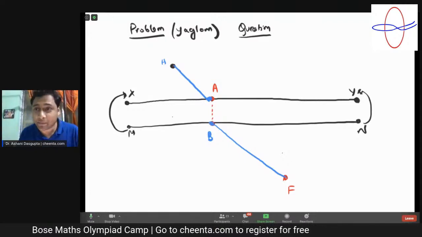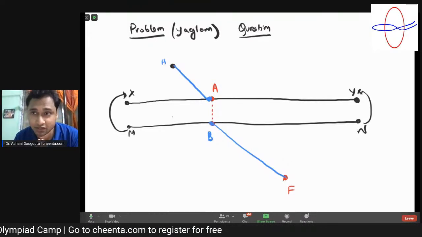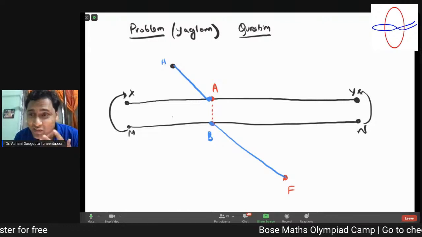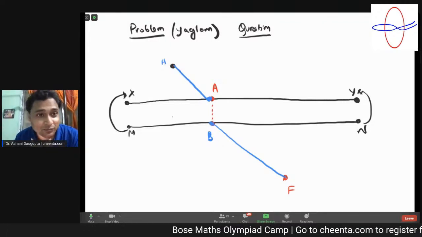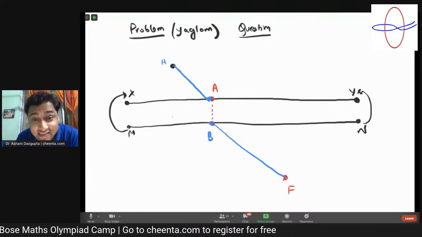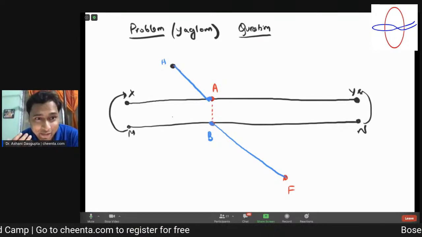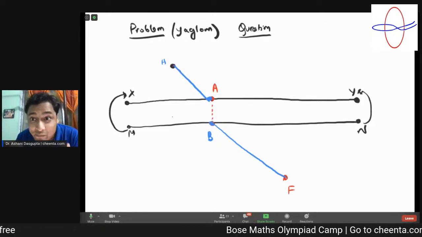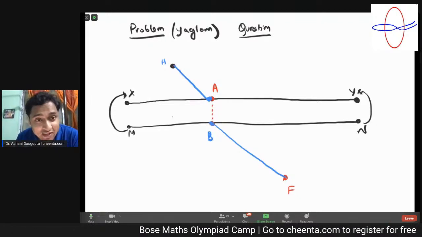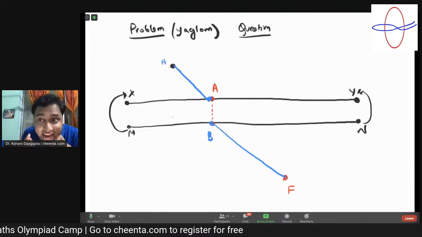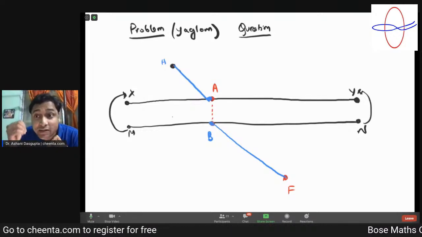Excellent work, Shaurodeep and others who have contributed to the solution. This is precisely how Maths Olympiad level problems should be discussed. Now the question is, we have to test it, whether this is indeed the solution. We like it, it's kind of nice, but we have to test whether this actually works. So how do we test it? Well, we have to check if another path is actually longer.